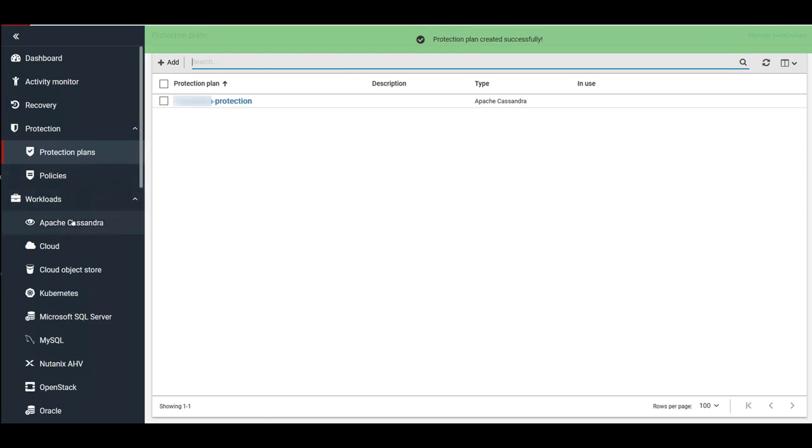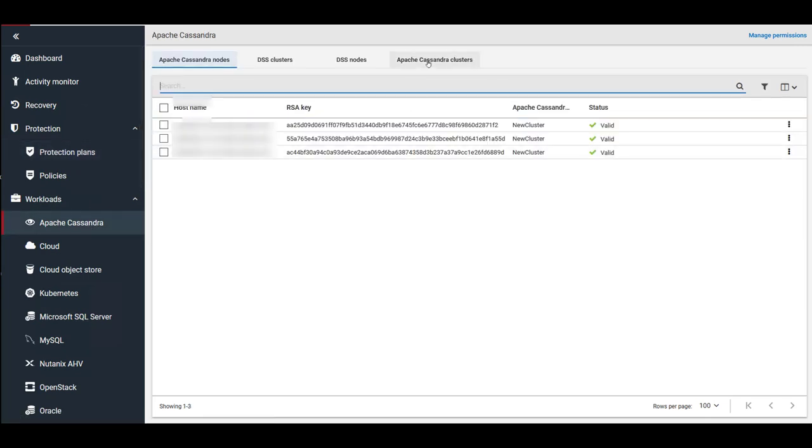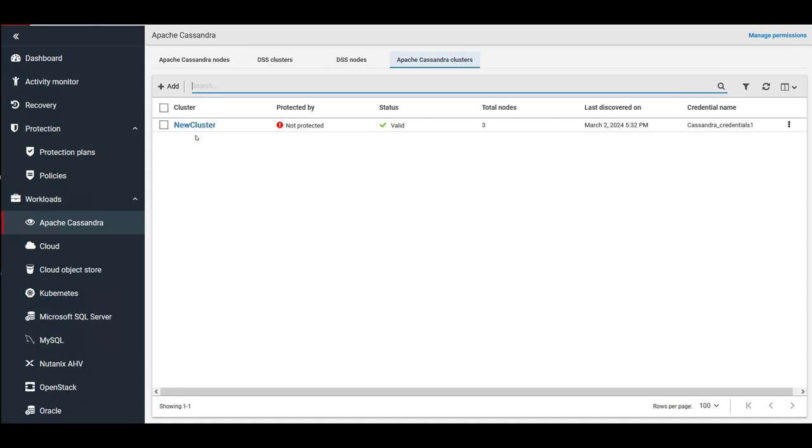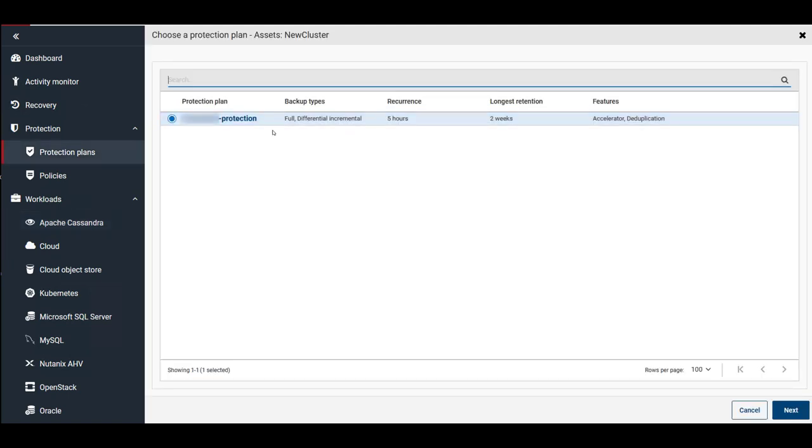We need to add this protection plan to the Cassandra cluster so that backups are triggered as per schedule. So we'll click on Apache Cassandra clusters. Click on the checkbox next to the cluster and click on Add Protection. It will list all the Cassandra protection plans here.